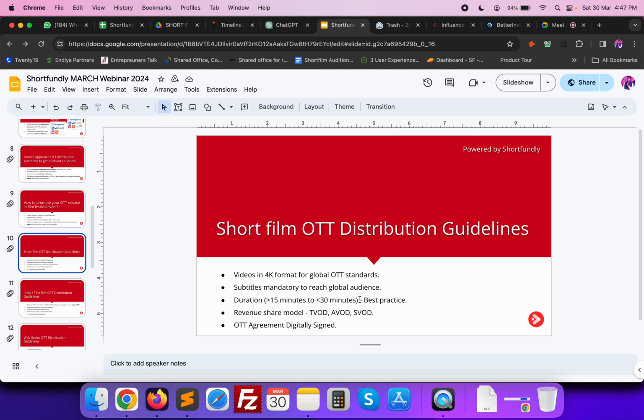Okay. So on the distribution side, these are the technical things we need to keep in mind. And what is the revenue model they all agreed with you for the